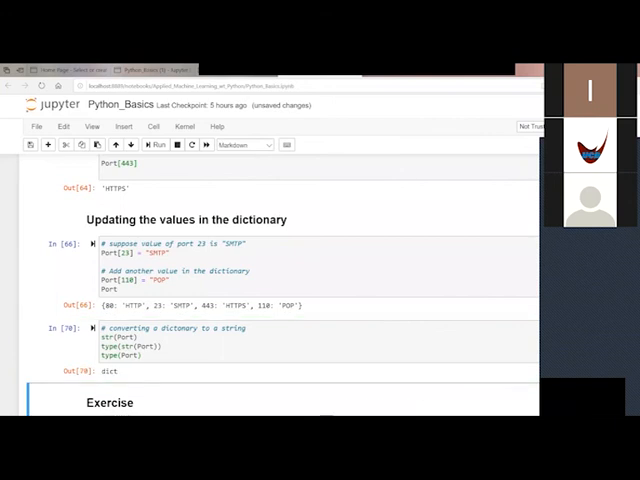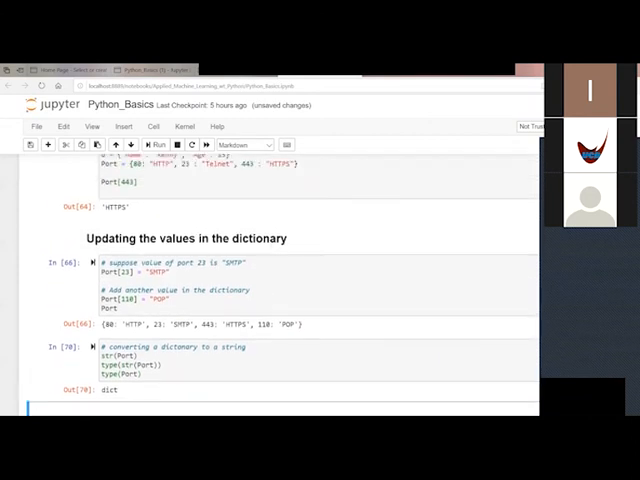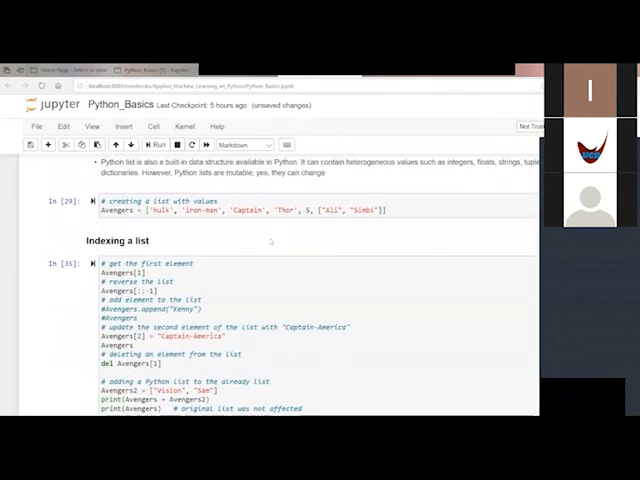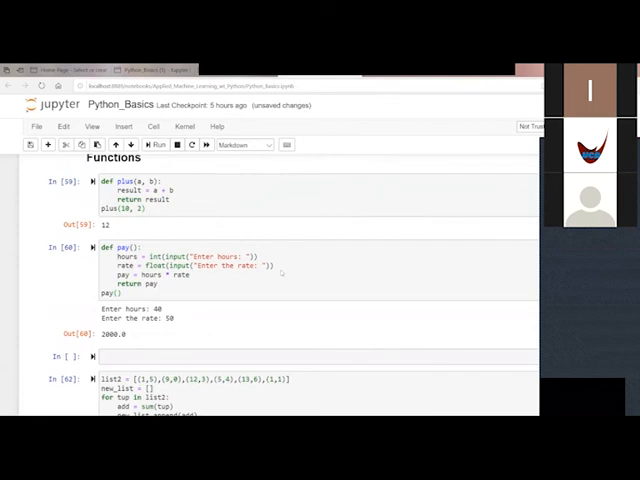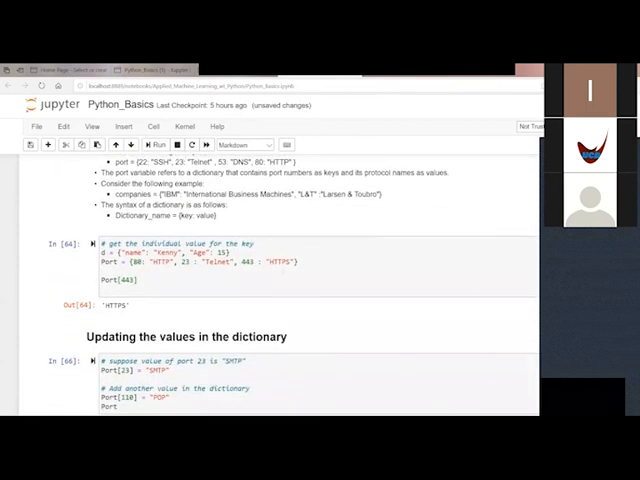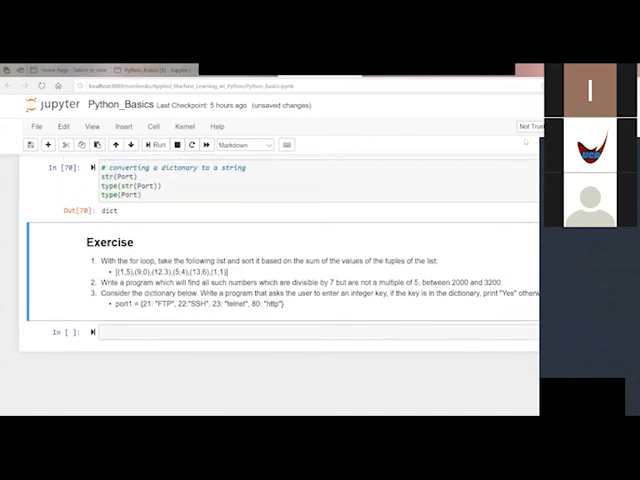Okay? So this brings me to the end of this Python basics. So what I'm going to do right now, I'm going to split us into breakout room to